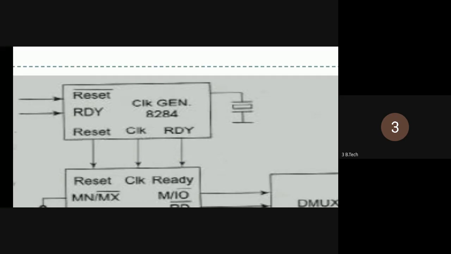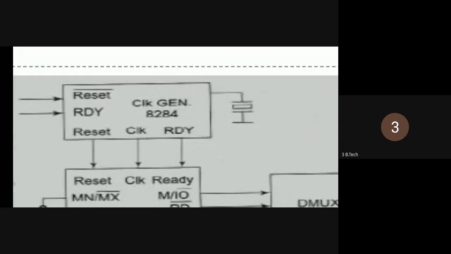We connect the clock generator to the microprocessor clock signal. The ready pin of the clock generator is connected to the ready pin of the microprocessor, and the reset pin is connected to the reset pin of the microprocessor. We have to apply a trigger to the clock generator in order to make it active. Trigger signals are applied at the ready and reset terminals of the clock generator. On the screen I have displayed only the clock generator. You can see that, right?